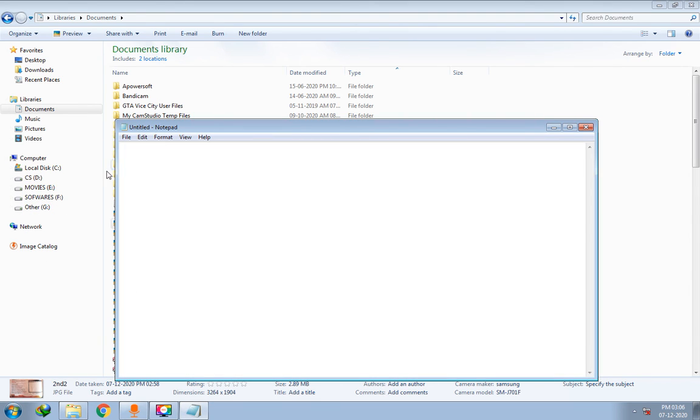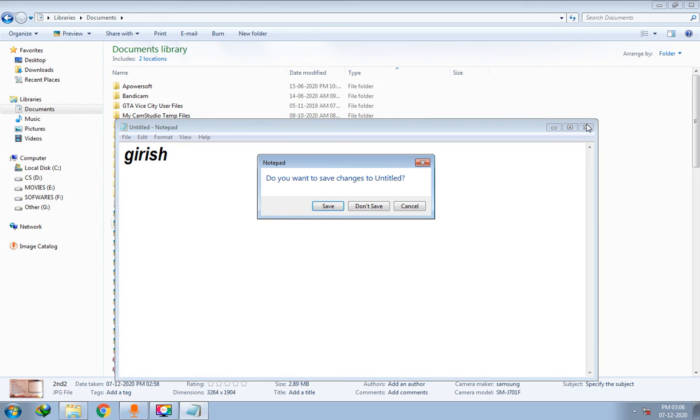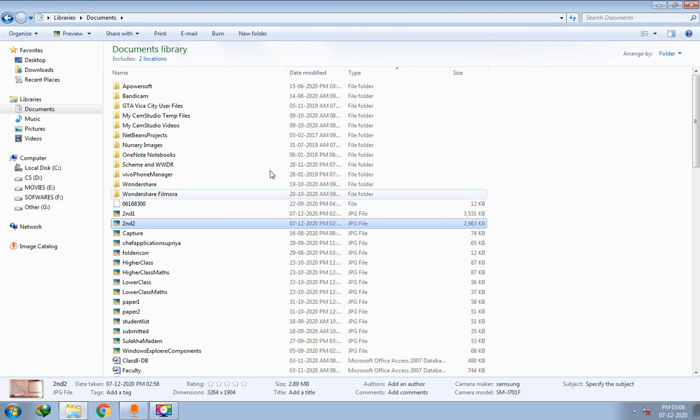So notepad application is opened, right? You can write anything, you can write your name. So I will show you how to write. You can simply type your name. So I have typed my name, you can type your name also, fine. When you press enter, it will come to the new line and you can type your phone number. Okay, right. So in this way you can, okay, it is asking now to save the changes. You can save it or you can skip it.